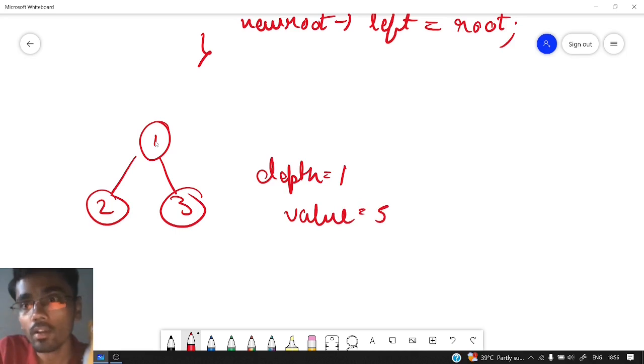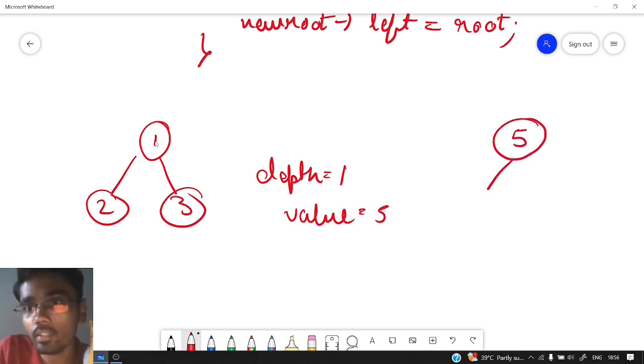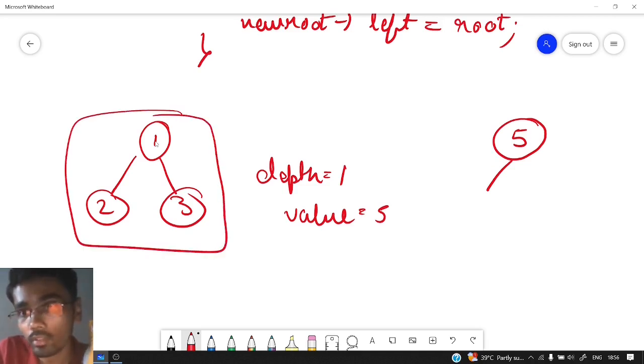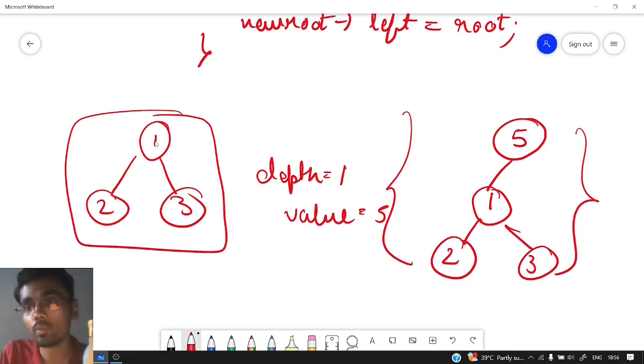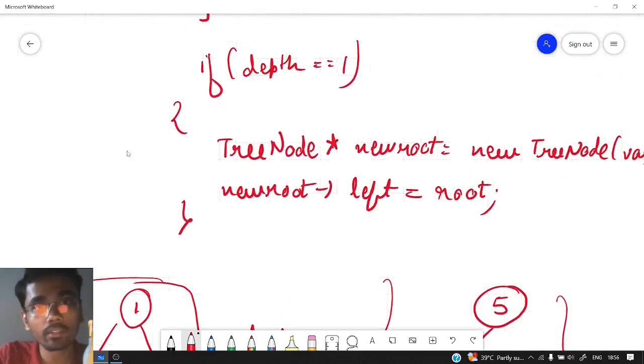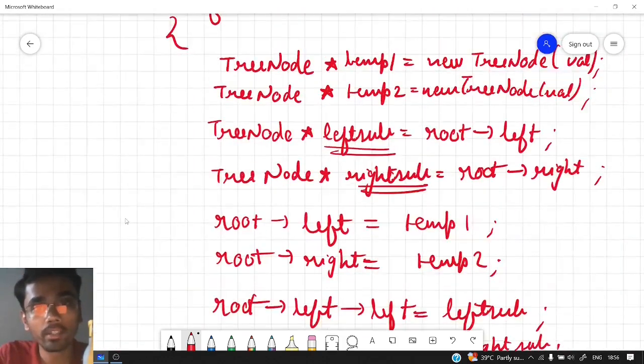In the output, we will create a new root with the value 5, and this new root's left will contain this entire root. What is this entire root? 1, 2 and 3. So this will be the scenario when depth is equal to 1. So this was the explanation. How will we write it in code? We have discussed it here also, but let us write it in the code editor now.